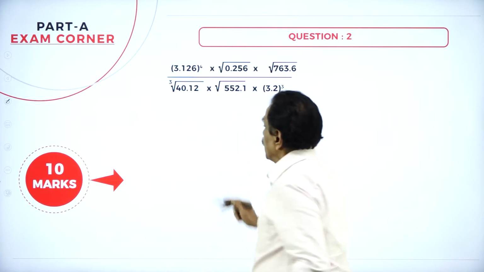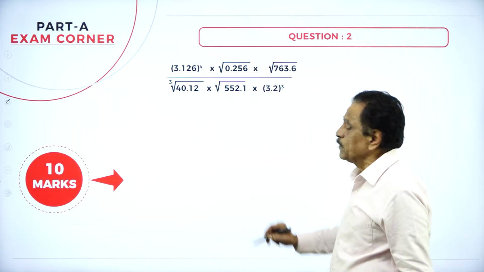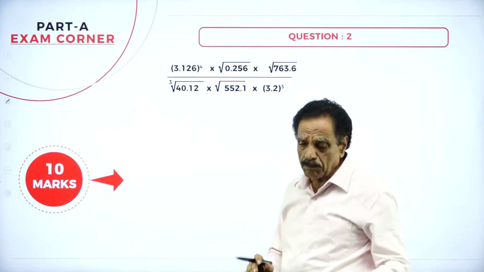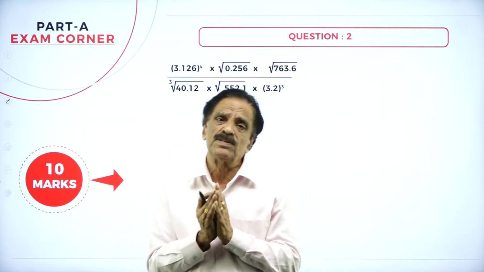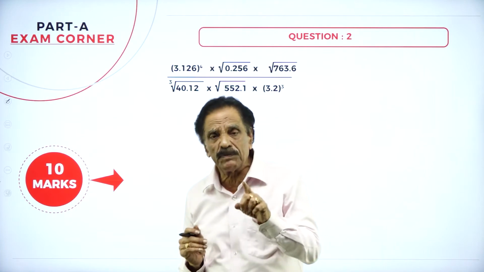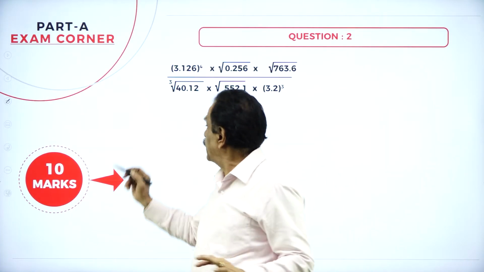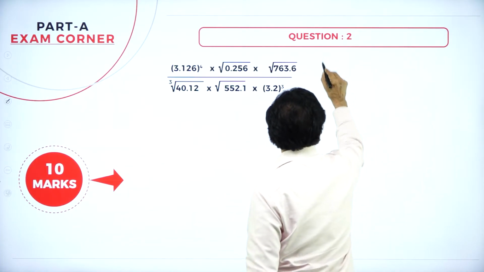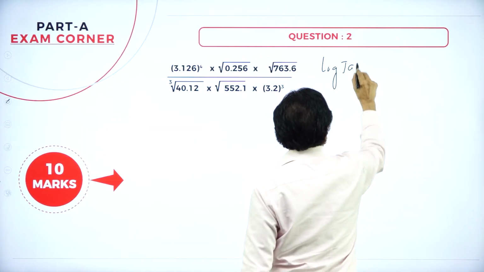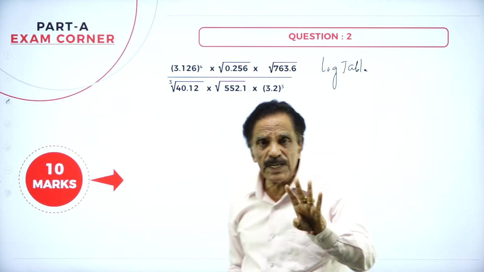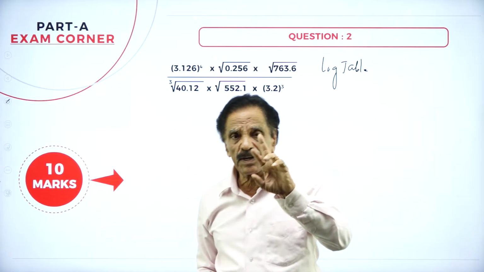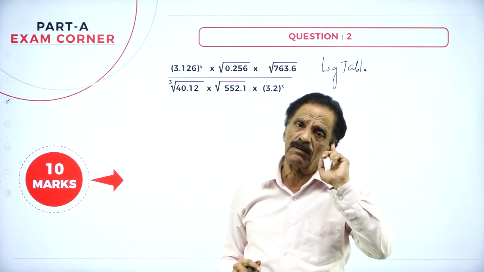Then this is a log table problem. Here in the logarithm, multiplication means adding, and division means subtraction. If you have a 4-digit number, taking the logarithm using the log table, you have 3 as the characteristic. If it is a 2-digit number, 1 is the characteristic.